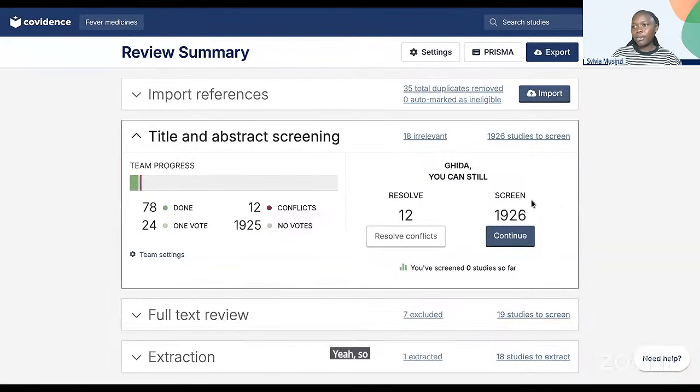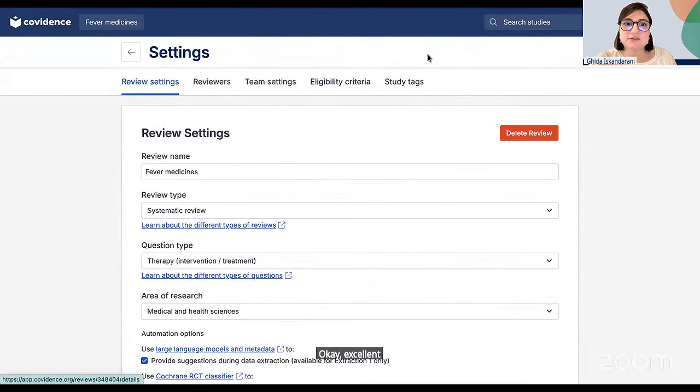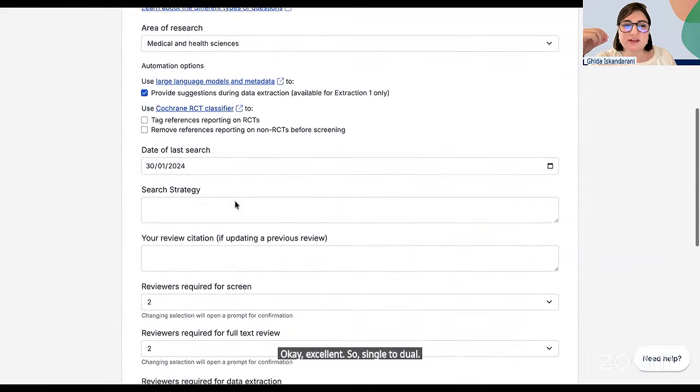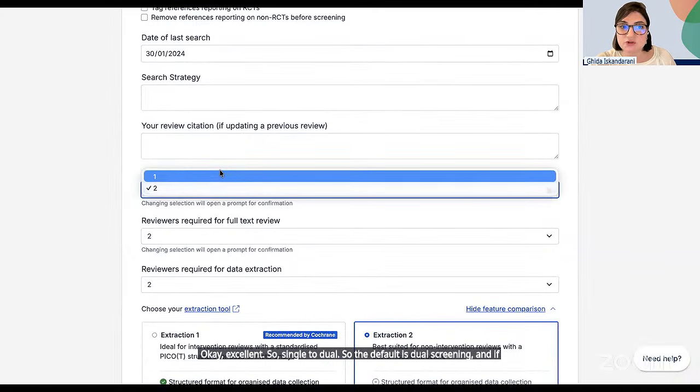Yeah, so we have a number of questions coming in, and probably one that I would like you to talk about is how to switch from single to dual reviewer mode in the settings section. Okay, excellent. So single to dual. The default is dual screening, and if you want to switch to single reviewer, you can switch to single